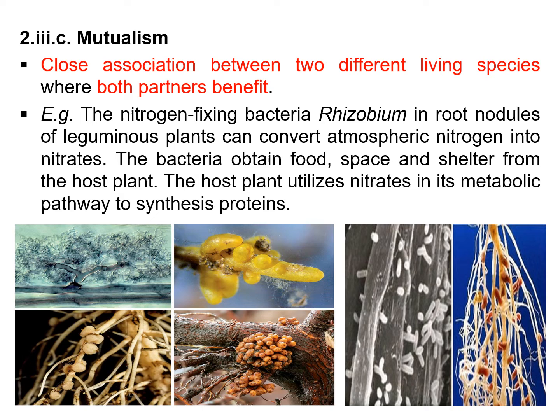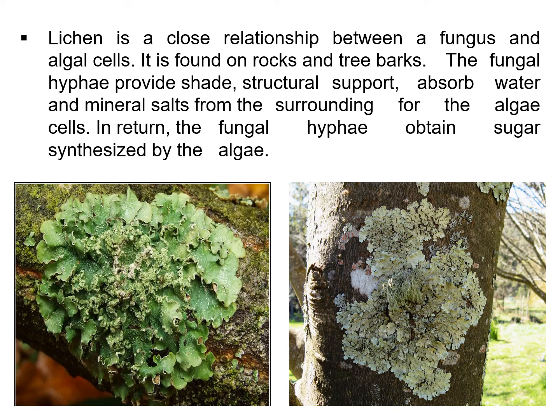So one obtains a benefit in the form of food, space, and shelter. And the other gets the advantage in the form of getting the correct form of nutrient, which is nitrate, to conduct the metabolic activities in order to synthesize protein. This example is also close to our daily life, where we can find it across the big plant or even on the small plant